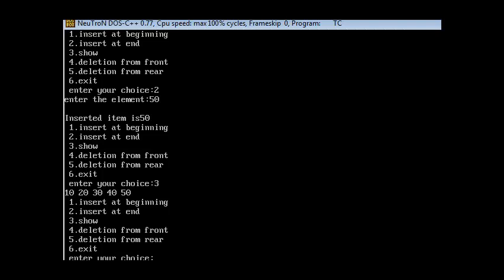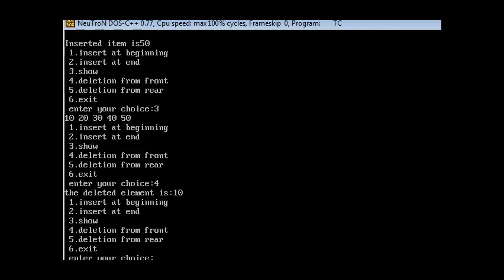Now I want to delete an element using the front end. Front is pointing to 10 and rear is pointing to 50. Deleting from the front means 10 will be deleted from the queue. Now take choice 4. So 10 is deleted. Now show the values, and the remaining elements are 20, 30, 40, 50.